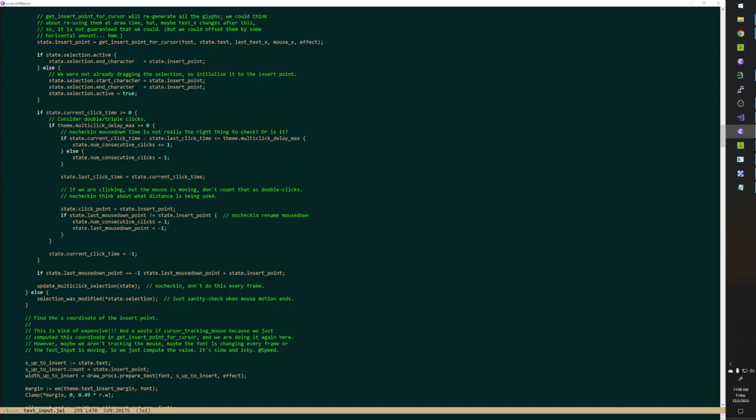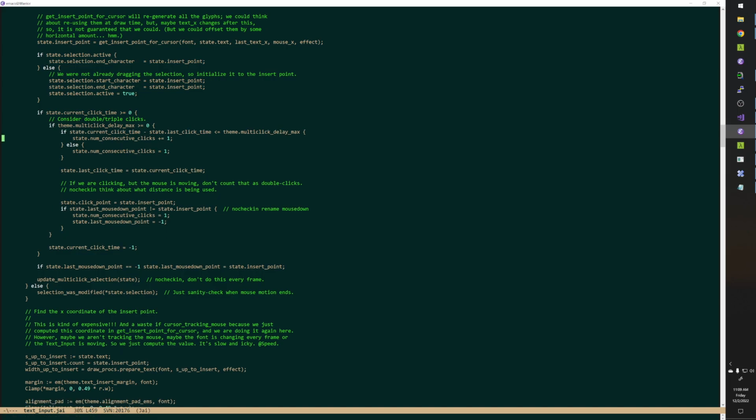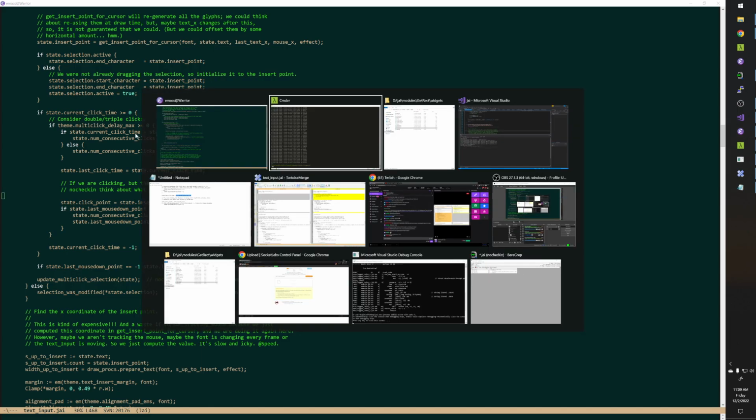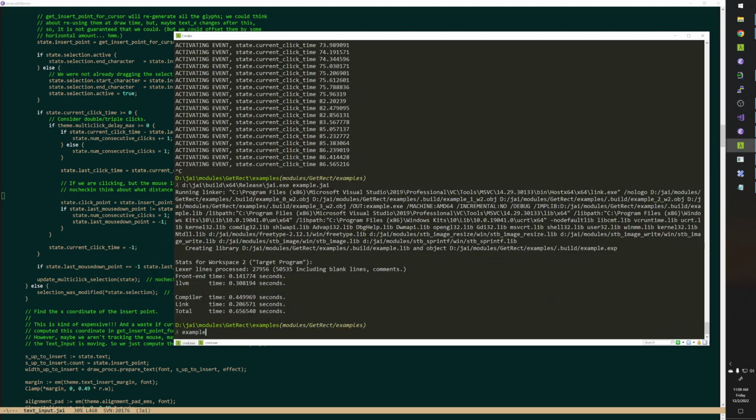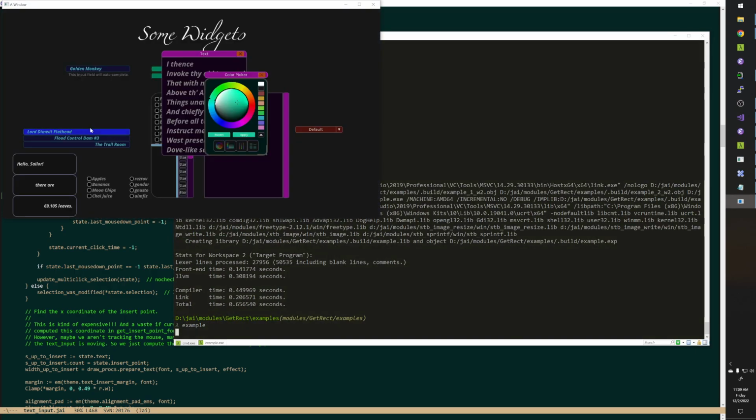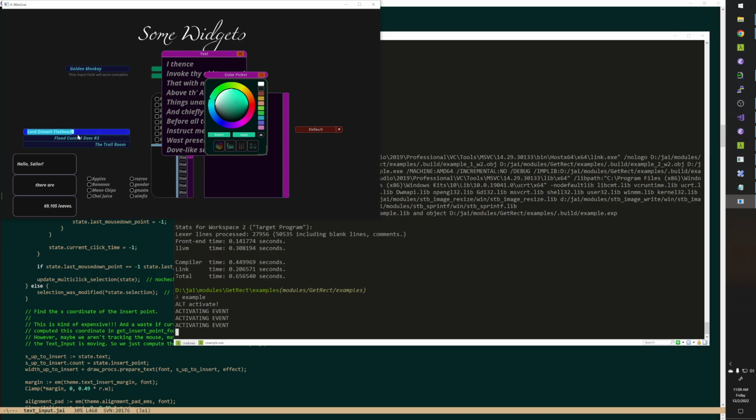So that is not a thing anymore. Think about what distance is being used. Yeah, I feel like we might want a pixel distance as opposed to a character distance. And the reason is, right? So the thing is, yeah, see